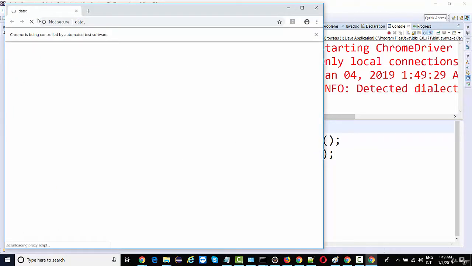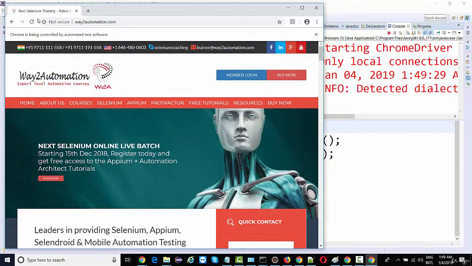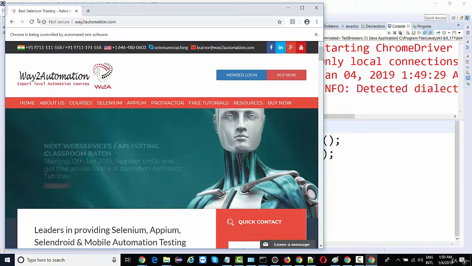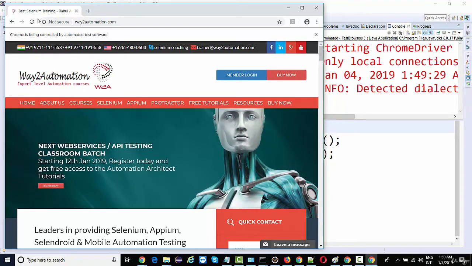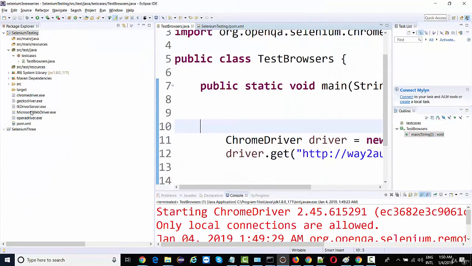This is one way of doing it. But I'm not putting it in a different folder. I am adding it to the project root, right? If you do it in the project root, then only this will work in this way. You need no need to give the path. But if you put it in a different package or a different folder, then you need to give the path of that folder under system.setProperty, and you need to pass webdriver.chrome.driver and the Chrome executable path, right? But again, you need to have this exe file, the latest one, right?